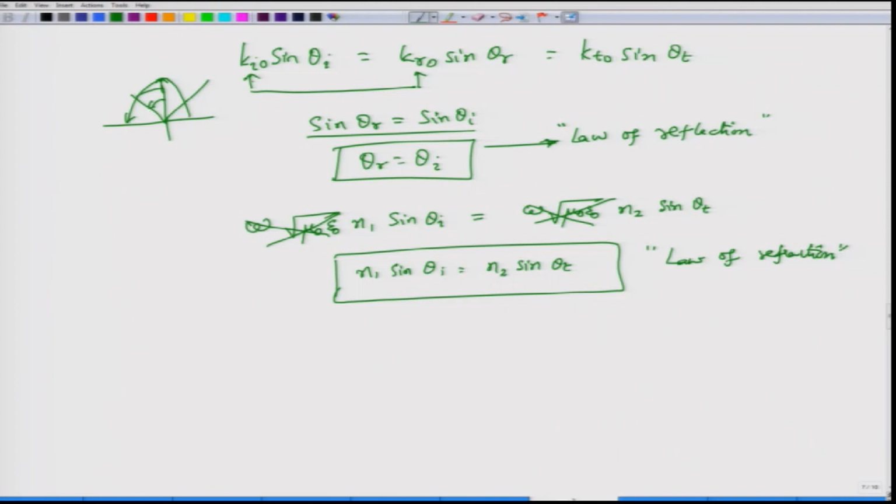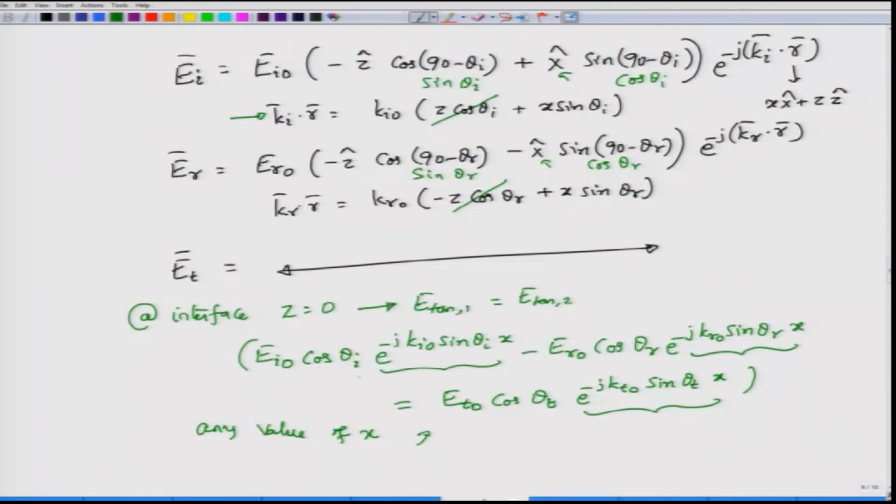Of course, we will do all that in the next module, but we are also interested in knowing a couple of other quantities. I want to know the amount of reflected light and the amount of transmitted light. Since talking about reflected and transmitted light without telling about incident light makes no sense, what we are actually looking for is the ratio of reflected field amplitude to the incident field amplitude, and the ratio of transmitted field amplitude to the incident field amplitude. To do that, I need to go back to this expression,